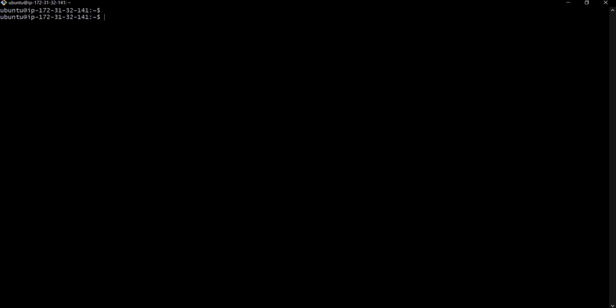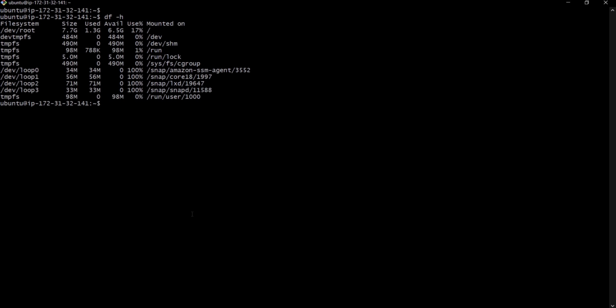Let's check how much free memory we have. The command is df -h to check the free and used memory. We have used 1.3 GB and available is 6.5 GB. Now we need to increase this 8 GB to 16 GB.